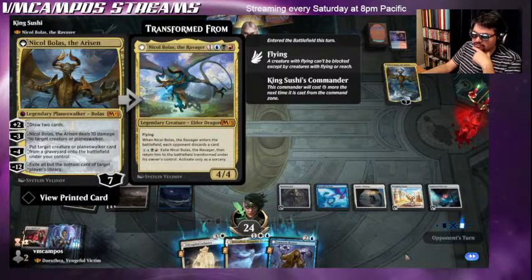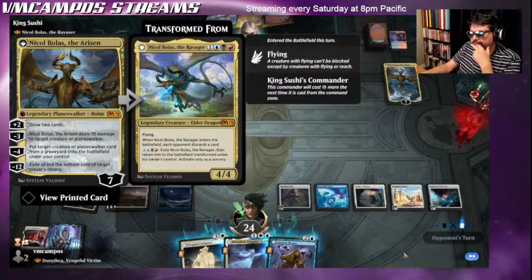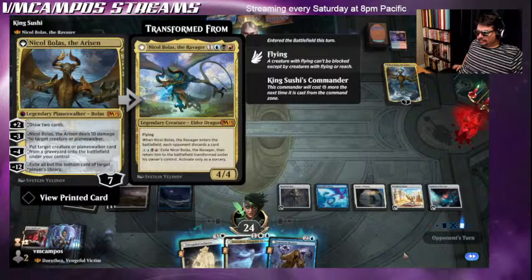Come on, get greedy, +2, +2, +2. Nope, they're looking at my graveyard. They're going to take my own commander. They're not going to -3. There's no creature target. Yeah, they're looking at my graveyard. I'm going to take my own commander, which is fine. Not really, but